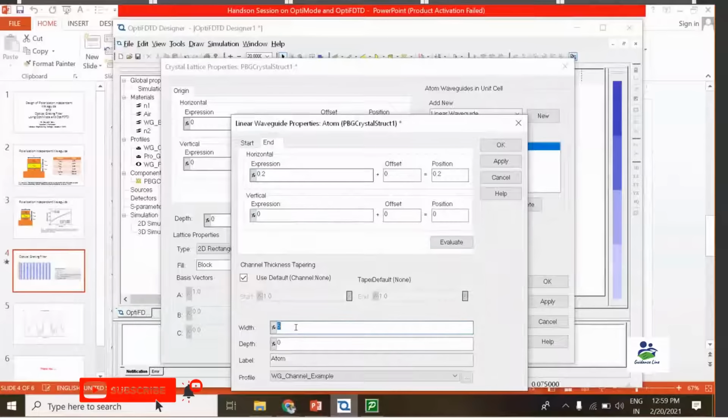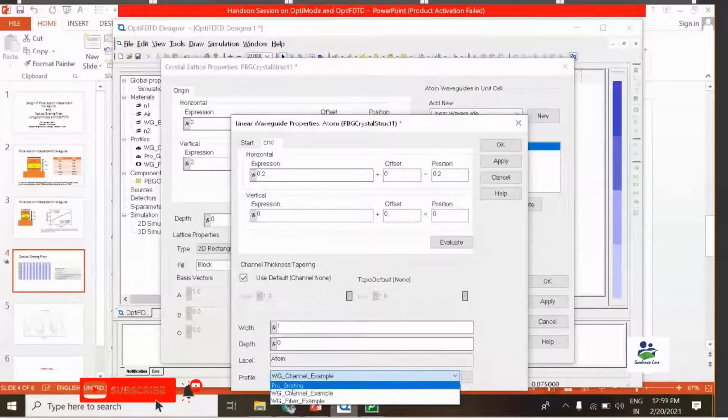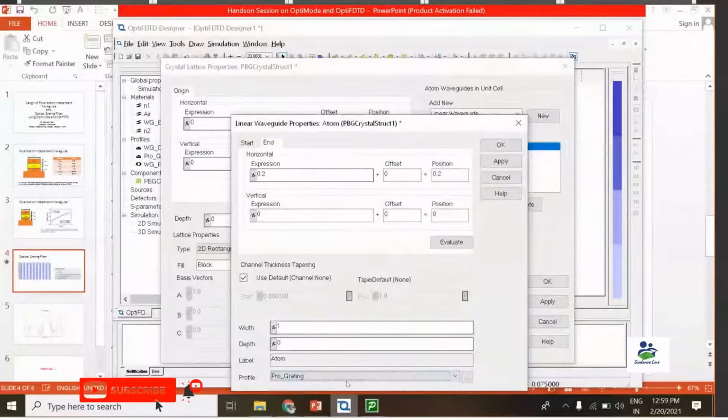And now you can see I am selecting a width of 1 micron, okay. And we do not bother about the depth because this is a two-dimensional structure. And the profile I am selecting as a grating profile. Okay, so I think you understand why I have selected 0.1 and 0.2 over here, to define the cell dimension.